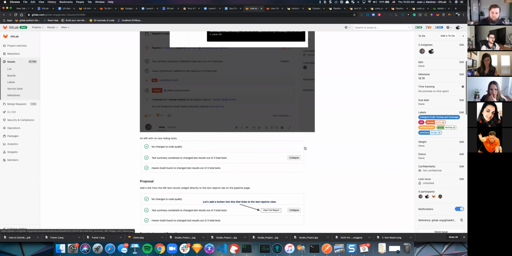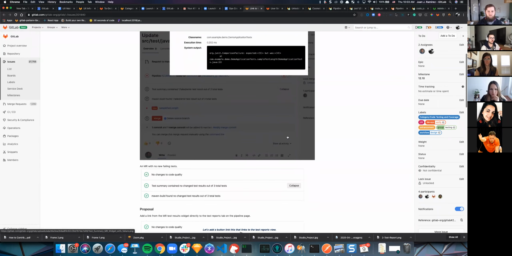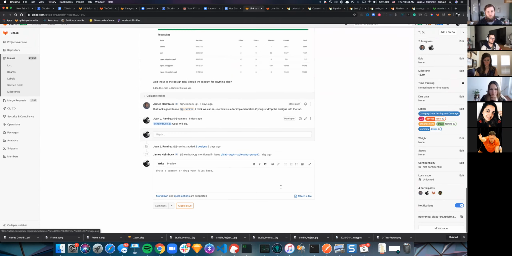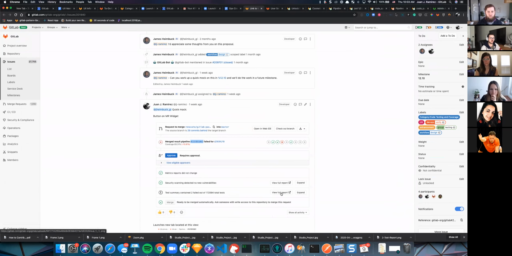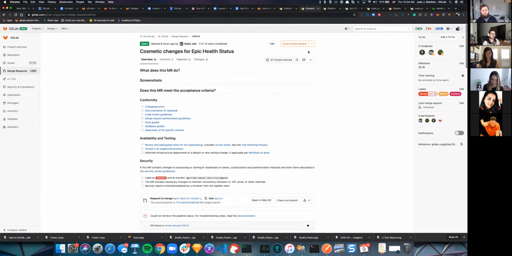So one of the things we want to allow people is to view the full report. What we want to do right now is fix this by adding a similar button to the one that we have for security. But for me, that still feels a little bit like a band-aid, because I think there should be better ways to discover what's going on.